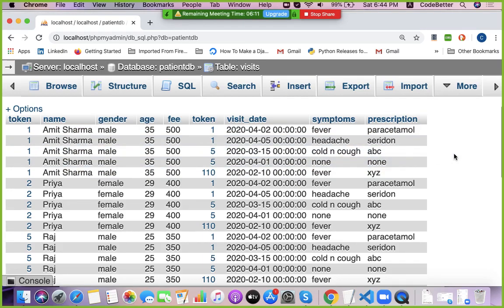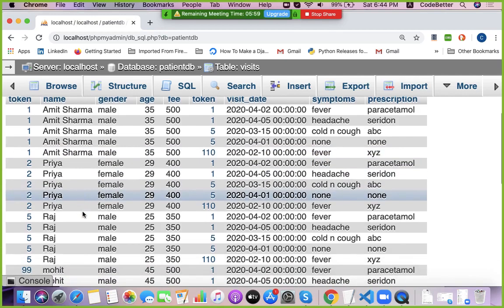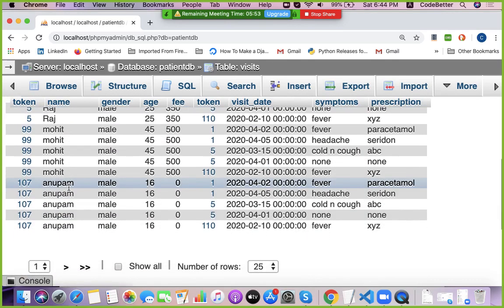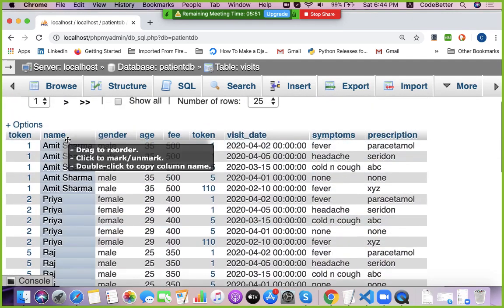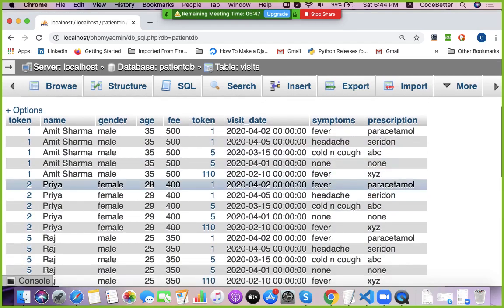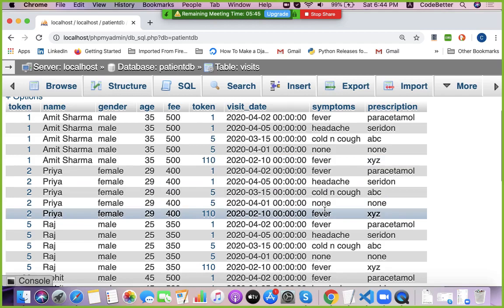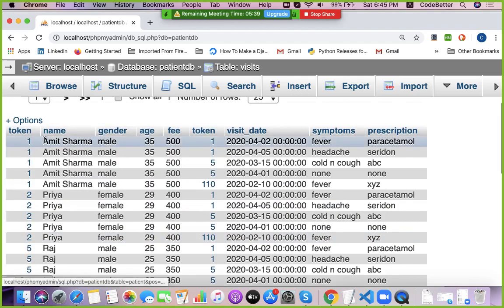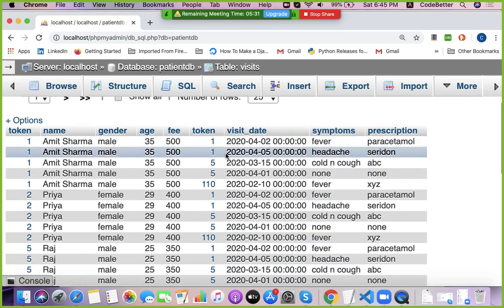So this merging here is not proper merging. You can see Amit Sharma came 5 times, but Amit Sharma has only 2 visits. Priya has no visits, but again she came 5 times. So for each row of the patient table, there are 5 rows here. Getting my point? What does it mean? That for every row of the patient table, there is a copy of data from the visit table, whether it belongs to that Amit Sharma or not.